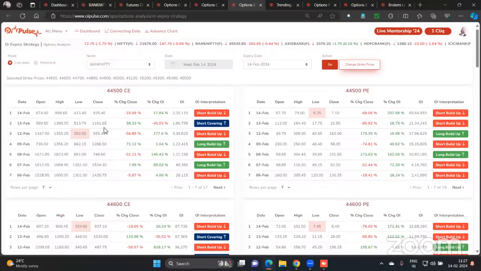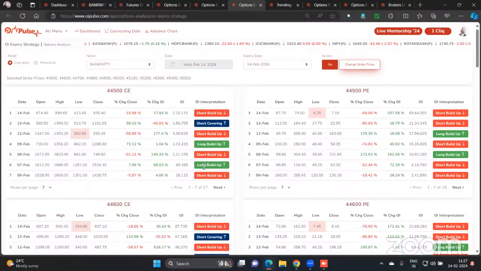Purely because of the expiry day, you will normally see the theta decay happening. And moreover, the premium erosion, all those things will be happening in the last 1-2 hours. That's exactly what happened. Imagine if it had closed near the day's high, then it would have been a disaster for the people who carried the calls in the morning, because almost 50, 60 or 70% of their capital would have been eroded,